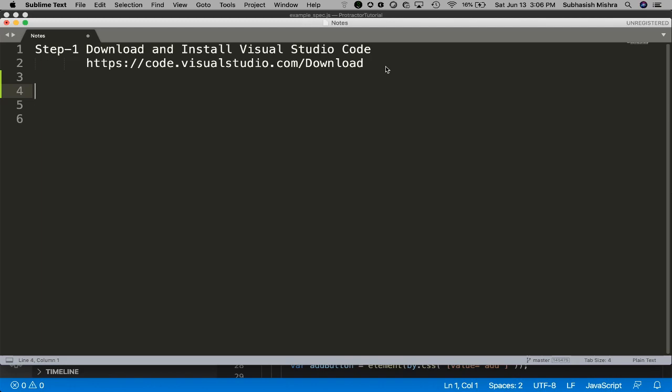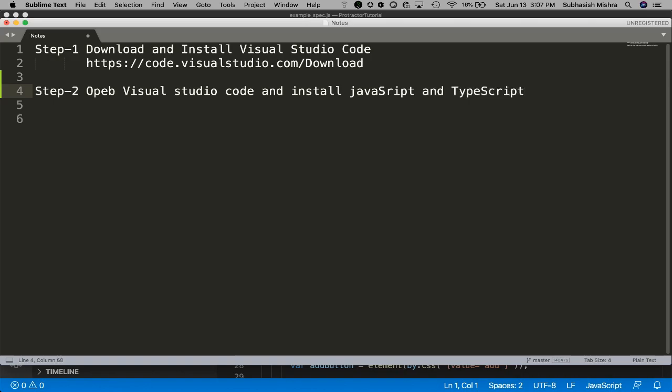So what we did till now: in step 1 we downloaded and installed Visual Studio Code. Here is the link from where you can download. In step 2 we opened Visual Studio Code and installed JavaScript and TypeScript.